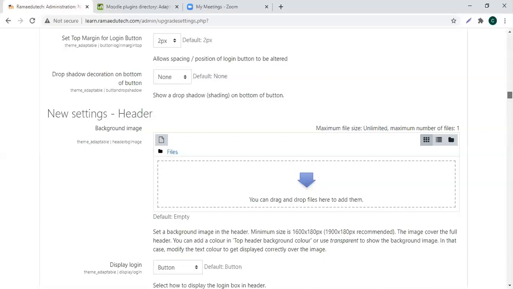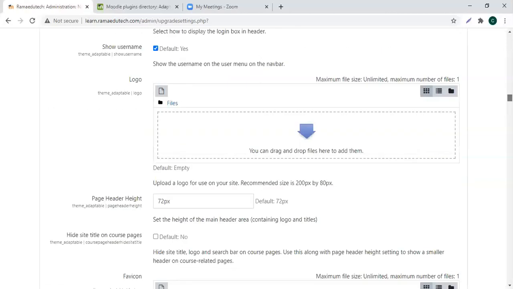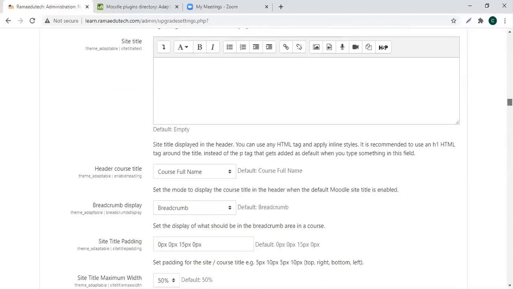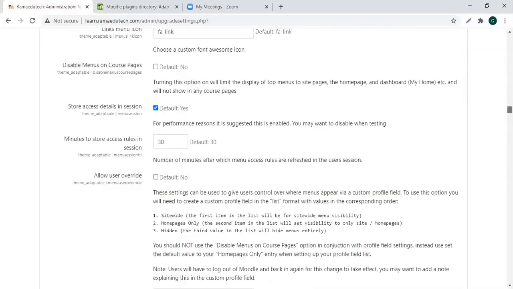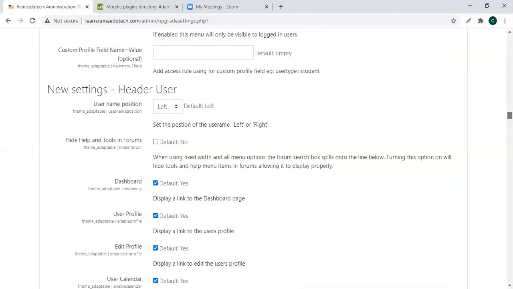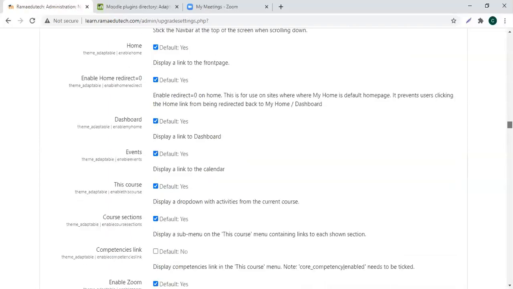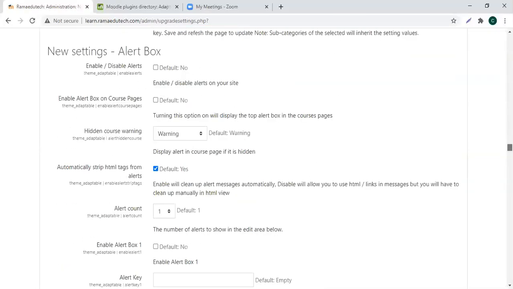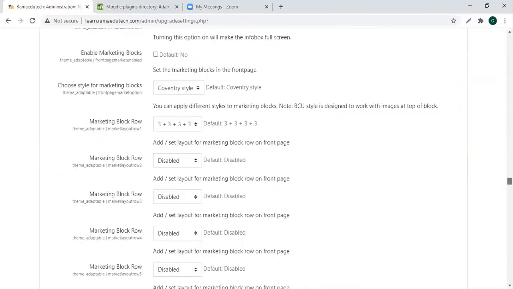Now, new setting header. If you want to set up a header image, you can upload it here. Logo. You can add the logo here. And the site title. And you can check out all of these settings one by one. There are a lot of settings to go through.